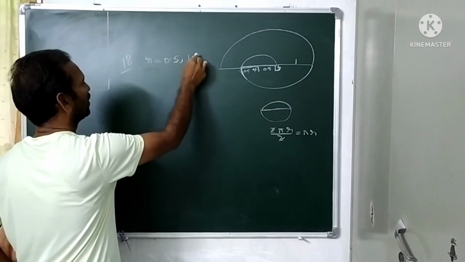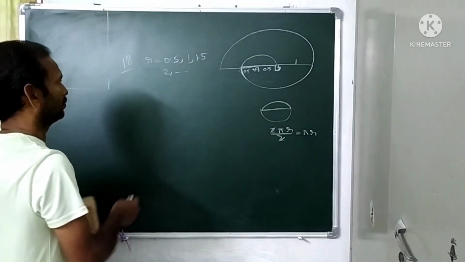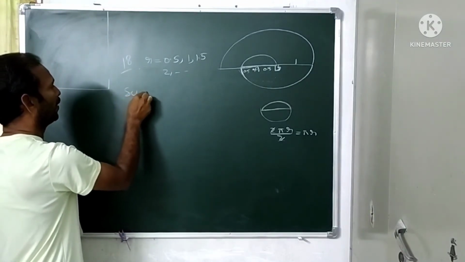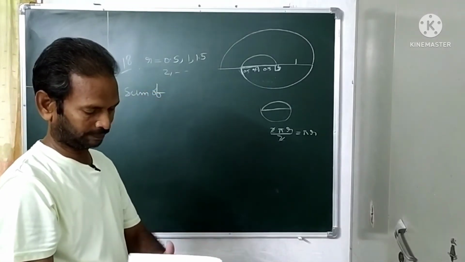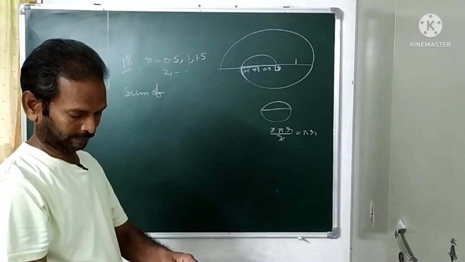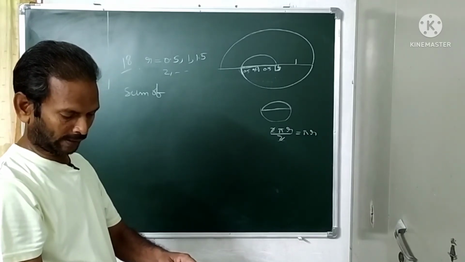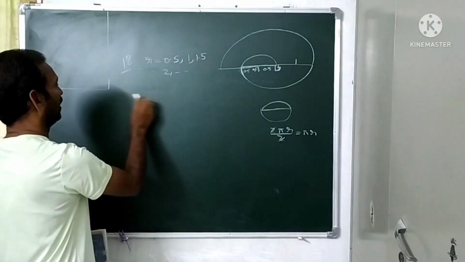Again 1, again 1.5, and so on. What do I have to do first? Sum of the lengths. What is the total length of such a spiral? So the length of the spiral